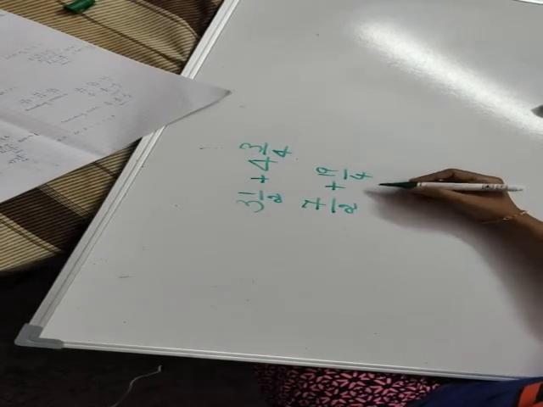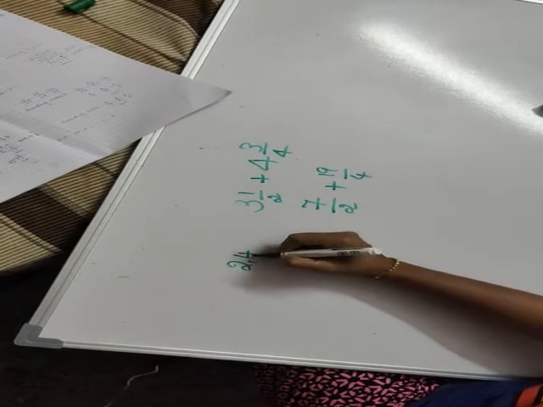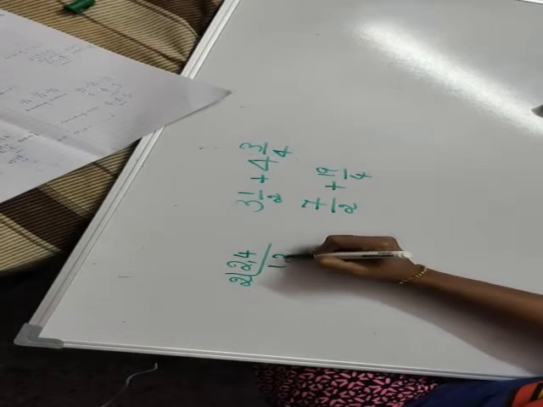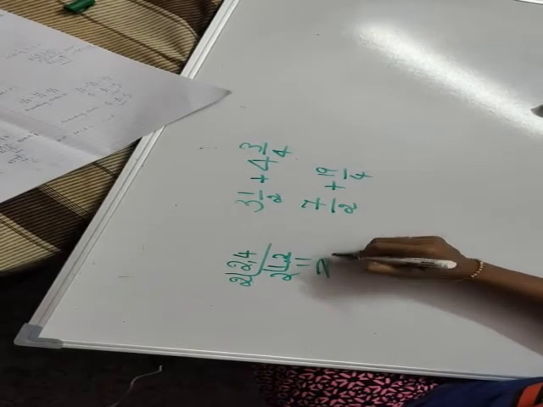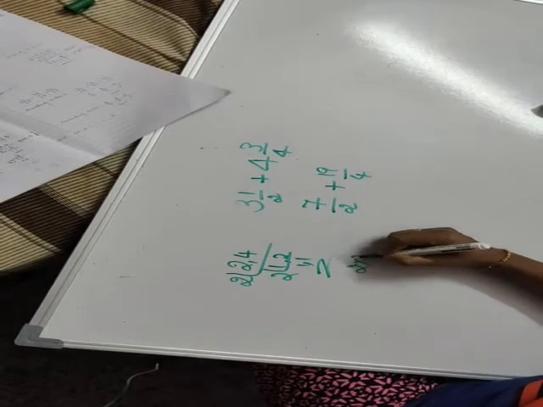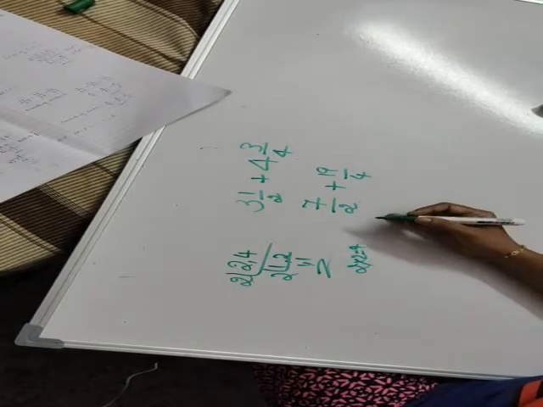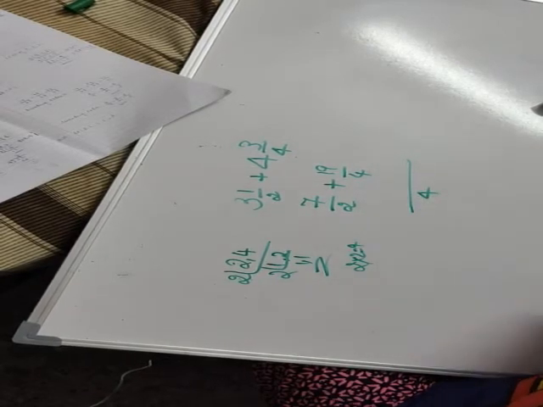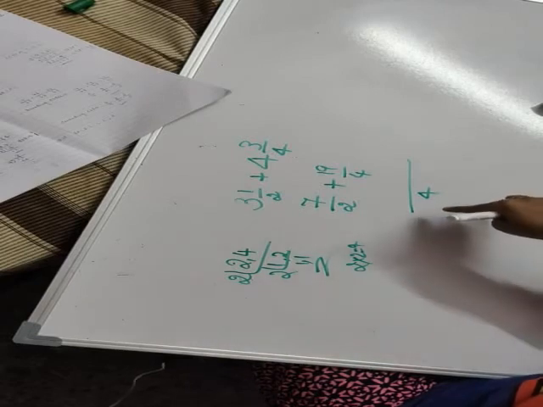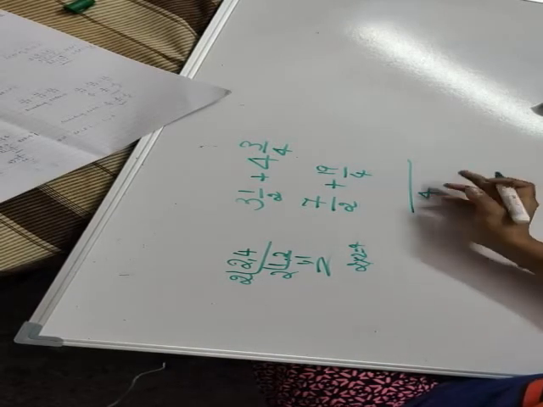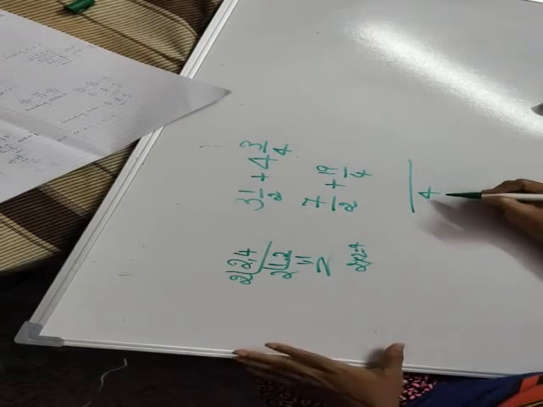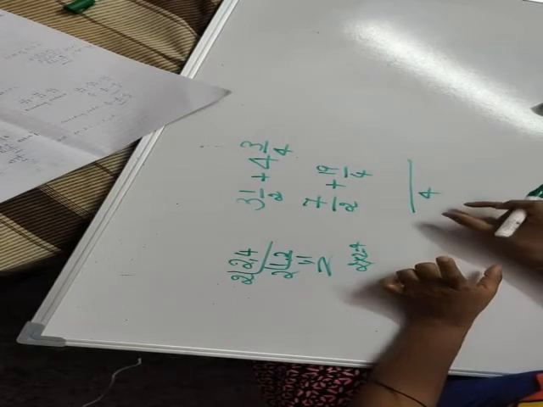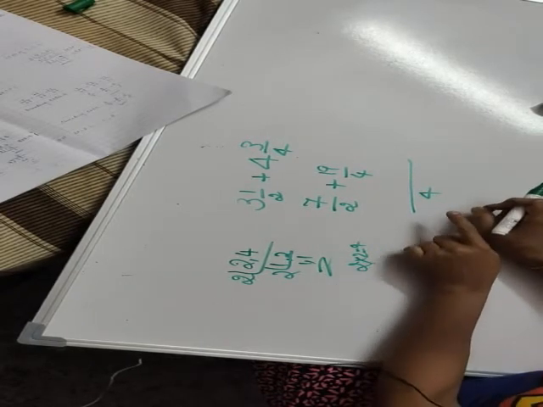Now see, the denominators are not the same, so take an LCM. The LCM of 2 and 4 is 4. 2 is a prime number, 2 ones are 2, 2 twos are 4. Directly also you can do it. I will write 4. That time I said two methods, and now this is one more method. If you want the earlier method, go back and see once again. See, I have written 4. Why? It is the LCM. Now there is a little work, but it skips two steps.